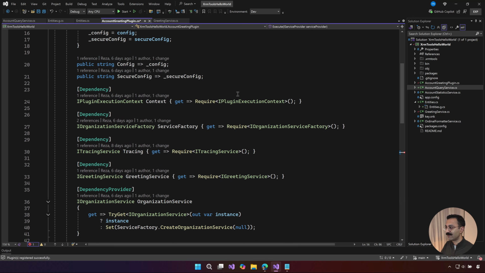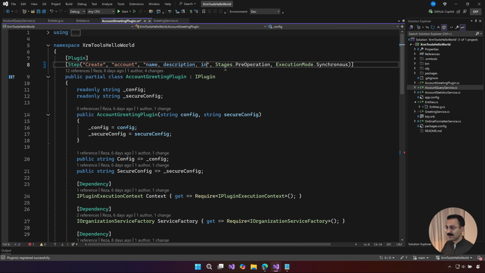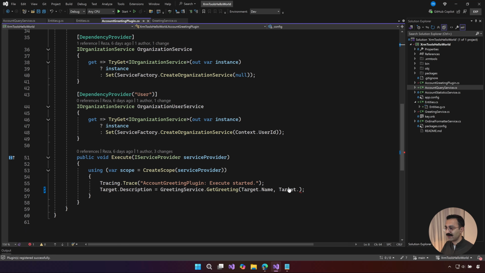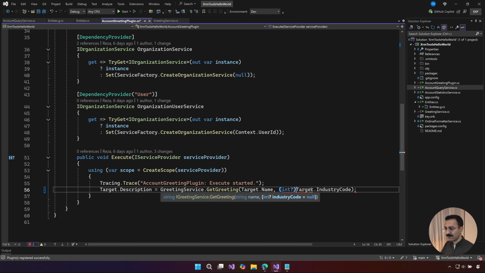So we will need to go up in here and add industry code. Then if we save and come back in here, we should have a new industry code as well. I just need to cast it to integer. All right, now our plugin is ready to be registered.